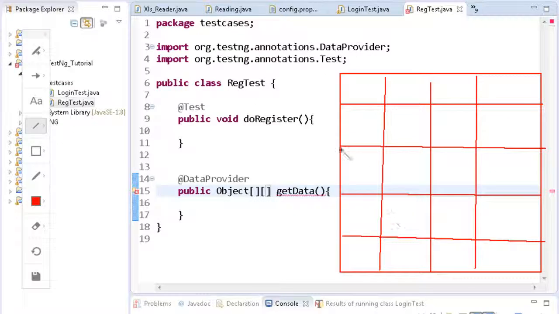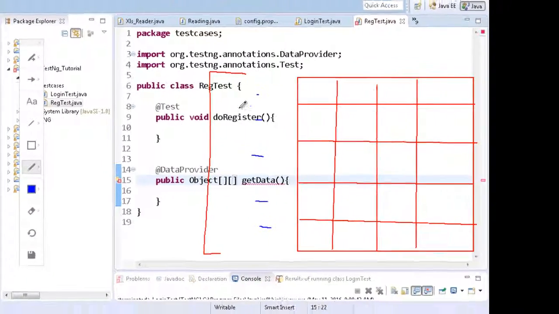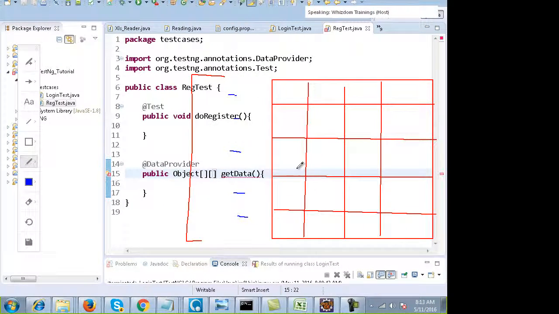The number of rows depends on the total number of test cases you have, or the total number of times you want to run the register test. Out here there are 5 rows, which means this test case will be executed 5 times. The columns represent, each time the test runs, the different types of data.